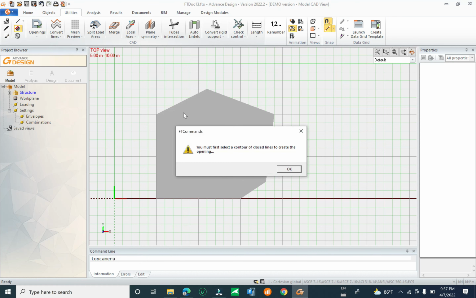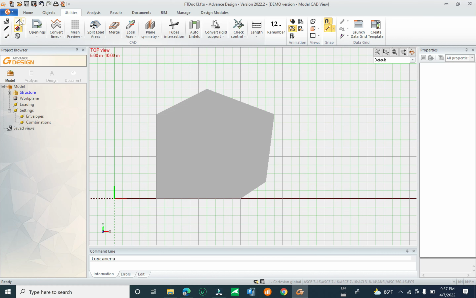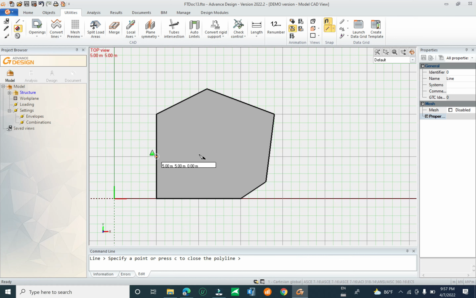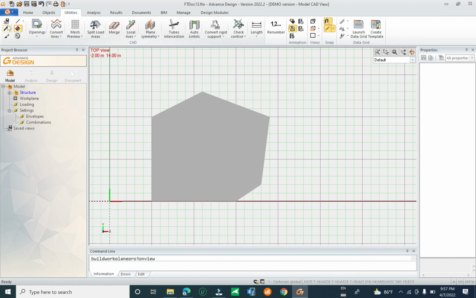You see here you must select a contour or closed line to create an opening. You cannot create an opening directly. You have to create a line and then convert it to an opening. Now I have to draw a line. I can draw in this